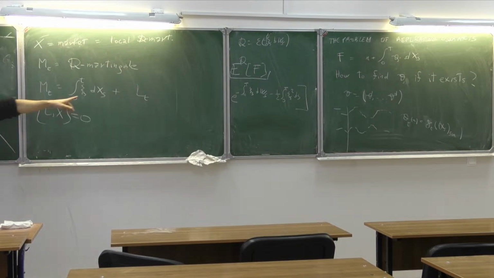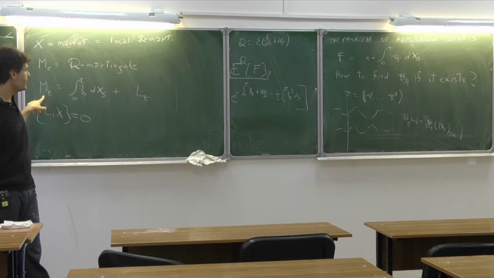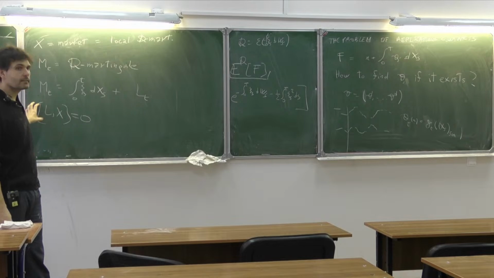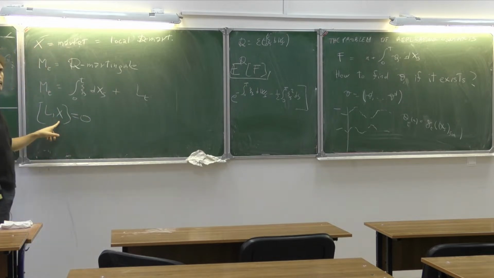If I have a local martingale and another martingale, there is a sort of orthogonal decomposition in the sense of quadratic variation. It is a stochastic integral plus a remainder. The remainder has zero cross-quadratic variation. And actually, we have checked